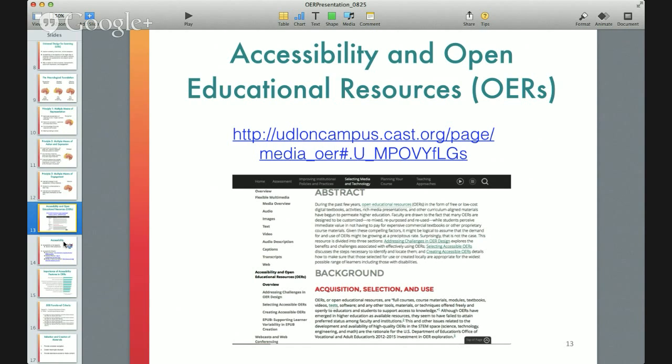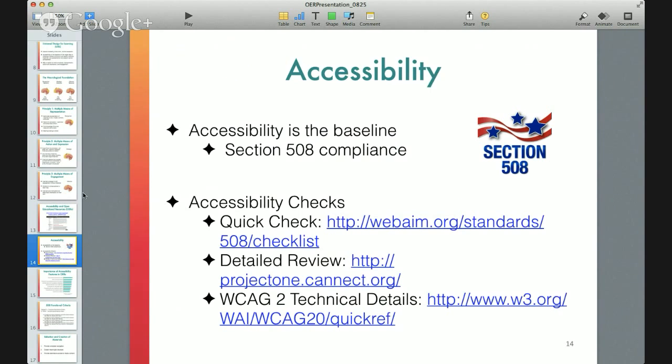In the creating section, you'll also find some very specific guidelines for what we consider essential as being the baseline and what we consider to be optimal for ensuring the broadest possible reach of any resources and the highest level of interactivity and access. So thinking about accessibility to the baseline, we tend to go back to Section 508 as a baseline because it's